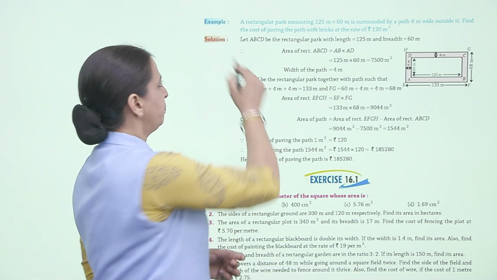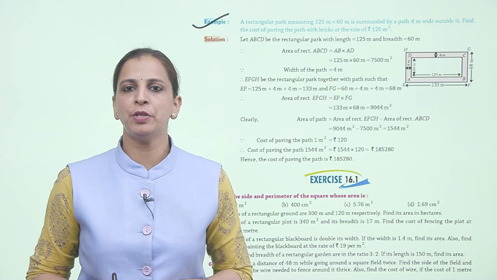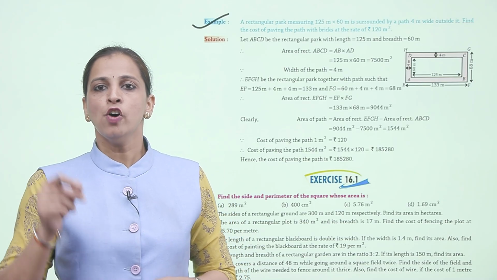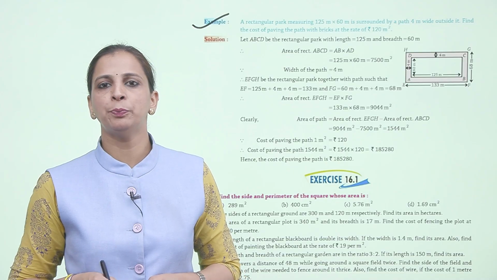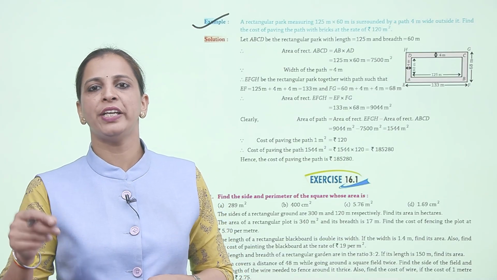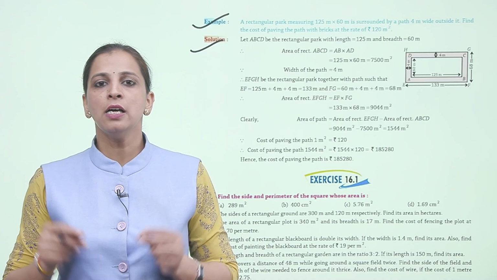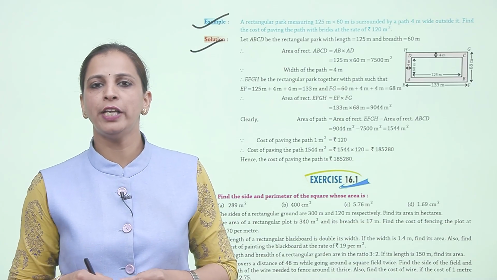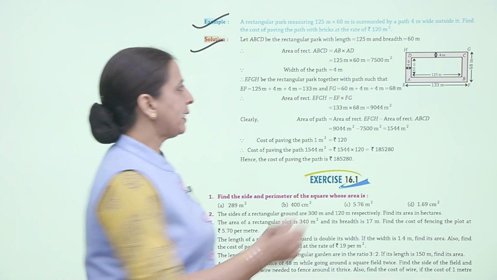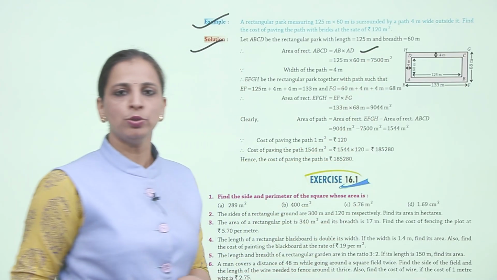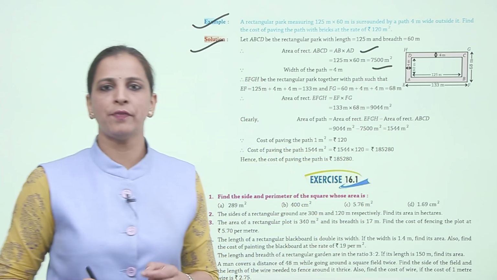Now, next example. A rectangular park measuring 125 meter into 60 meter is surrounded by a path 4 meter wide outside it. Find the cost of paving the path with bricks at the rate of rupees 120 per meter square. Solution करते हैं. Let ABCD be the rectangular park with length 125 meter and breadth 60 meter. Area of rectangle ABCD is AB into AD, that is 125 meter into 60 meter, that is equals to 7,500